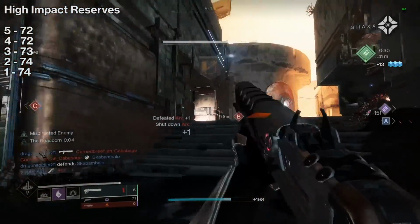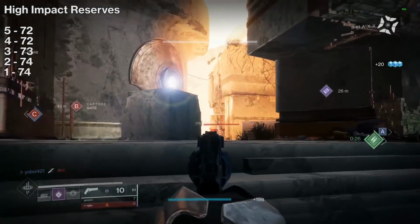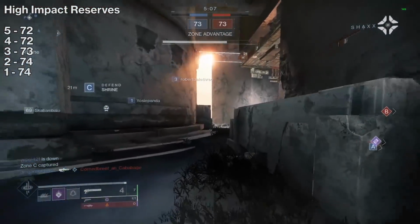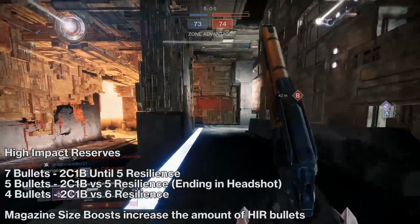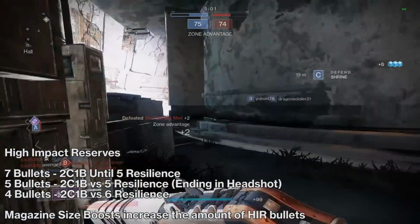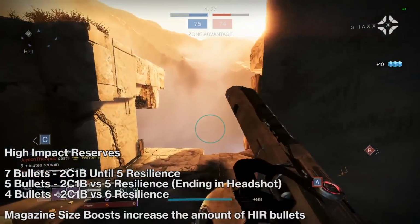Now, when the damage is the same, it's still ramping up. I'm assuming this is just the game not showing us the decimal points, so it's just rounding numbers, but it is getting higher for each and every shot. So essentially, this means that if you're starting at 7 bullets, again, you're going to be able to 2 crit 1 body guardians that are lower than 5 resilience, which is sure to be relevant right now because the best